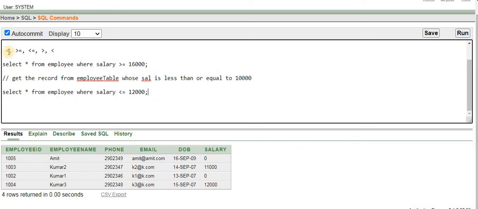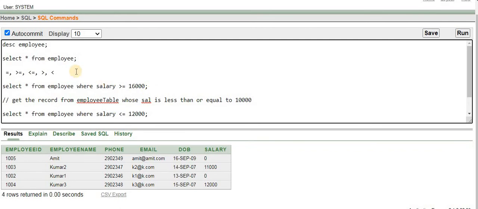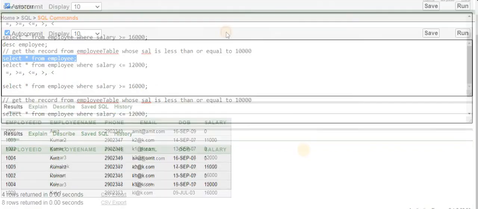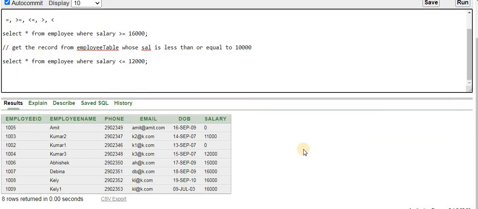Now we have seen how we can use the equal operator, greater than equal operator, less than equal operator, and now we will see how we can use the greater than and less than relational operators. So again we want to go to this employee table.